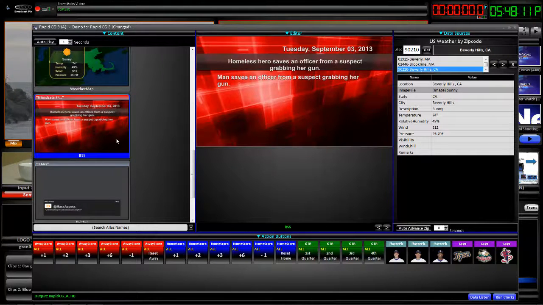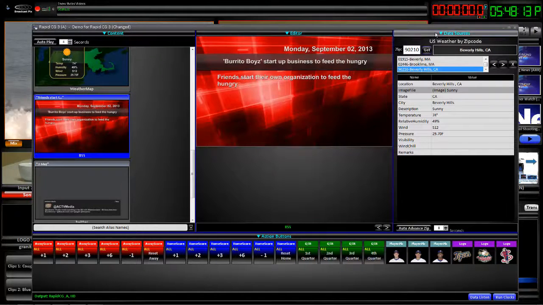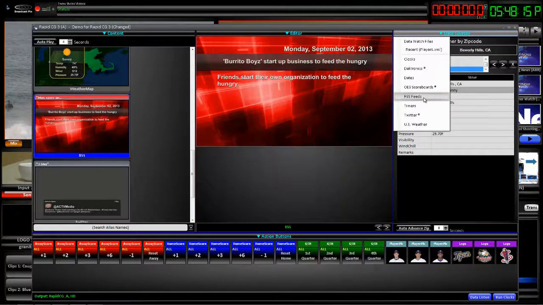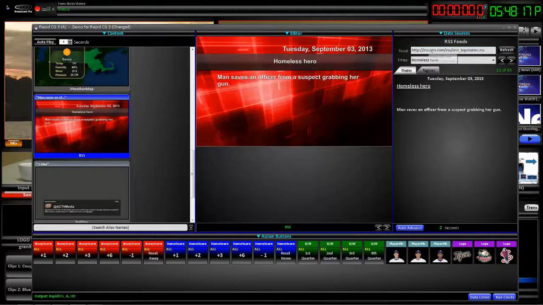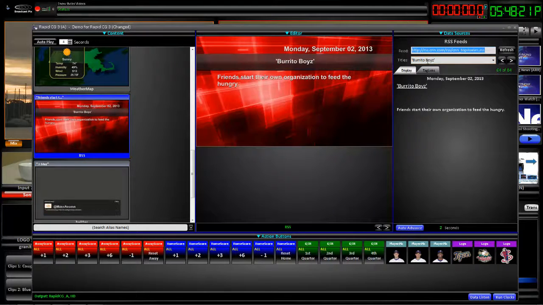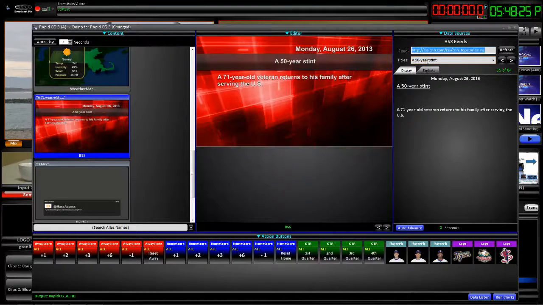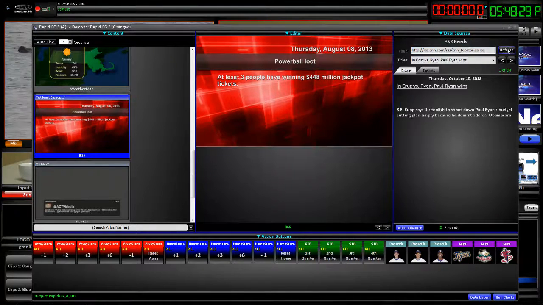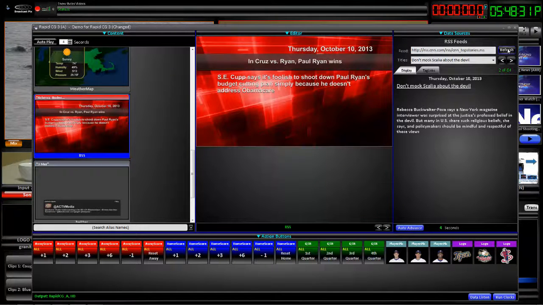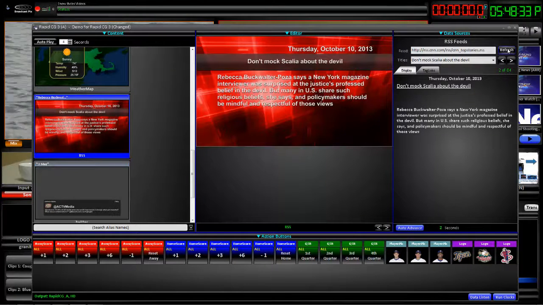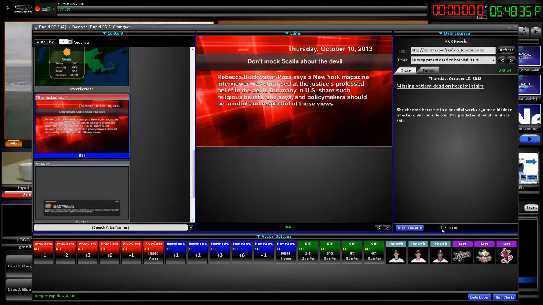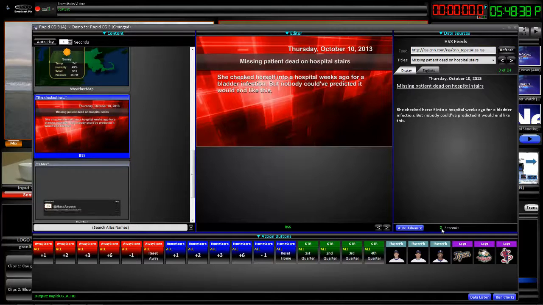Similar situation with this graphic. This graphic is now looking at an RSS feed. Here's what that looks like. Here's where I type in the RSS feed that I want to use. Here it's showing me a little bit of what the RSS feed is showing. I can refresh it because it's a little on the old side. There we go. And I can say auto advance, and then it'll sit there and auto advance between the stories,